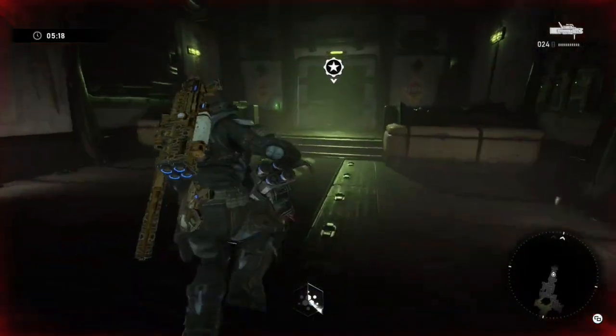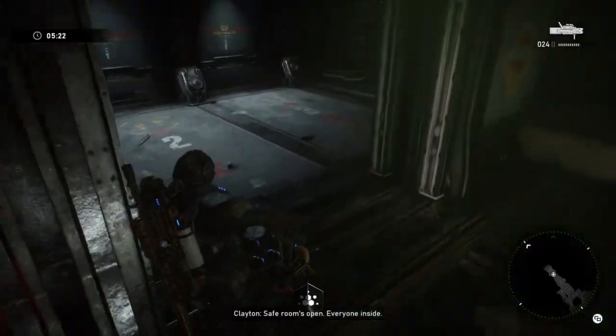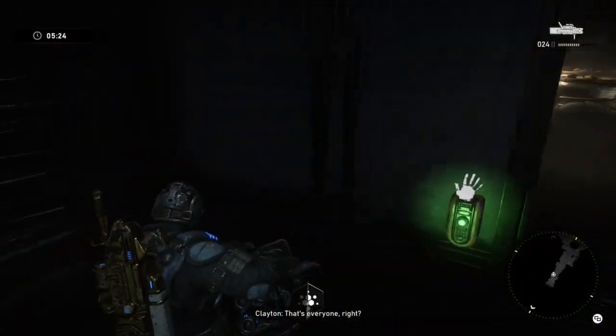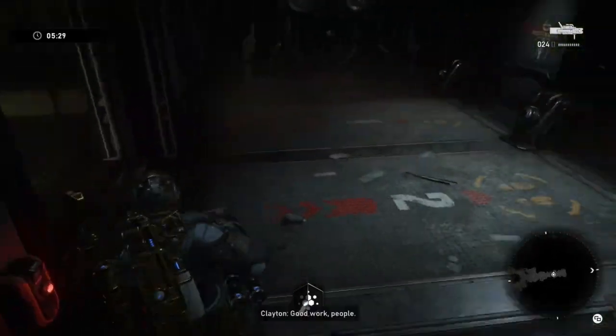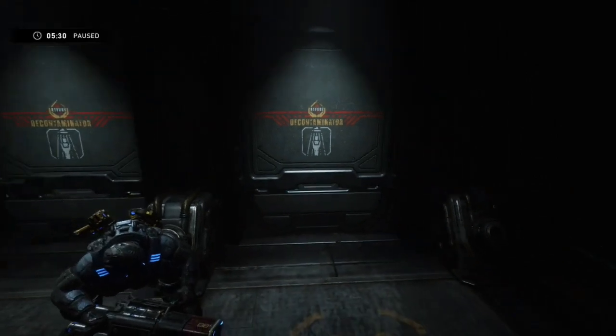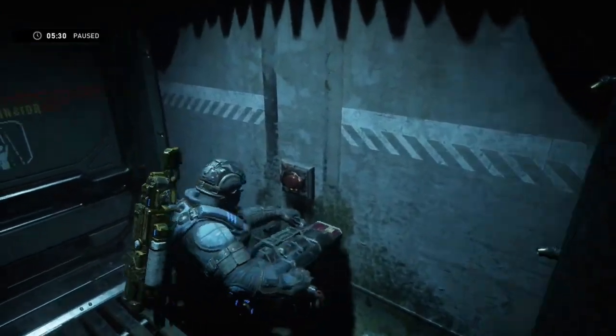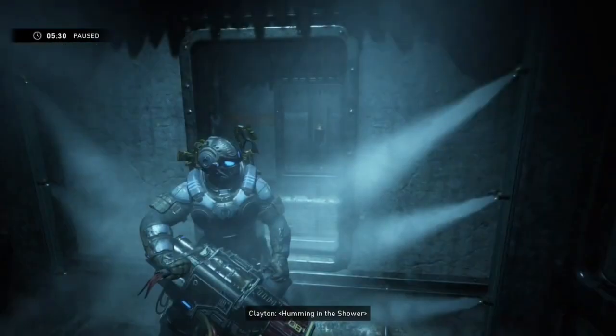So another tip here I want to touch on as we get to the safe room is once you close this door, do not drop any of your weapons. There was one stint where I dropped my sniper and overkill, and because I didn't want them for after the